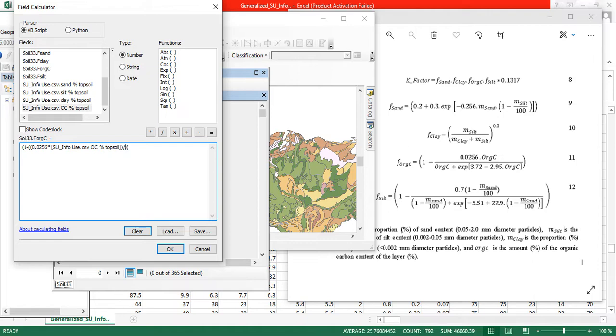It's going to be after divided by. Now a bracket open here as well, which is organic carbon multiplied by organic carbon plus